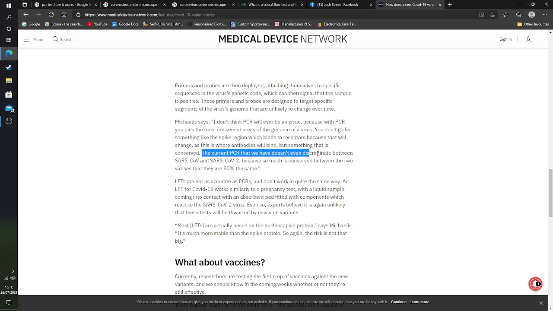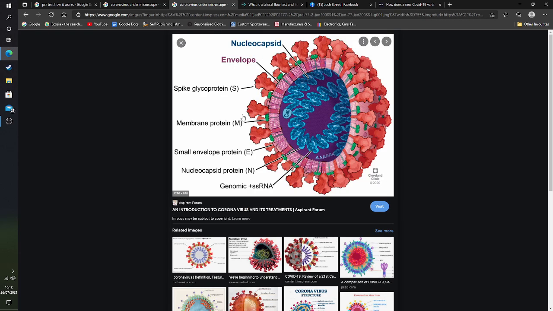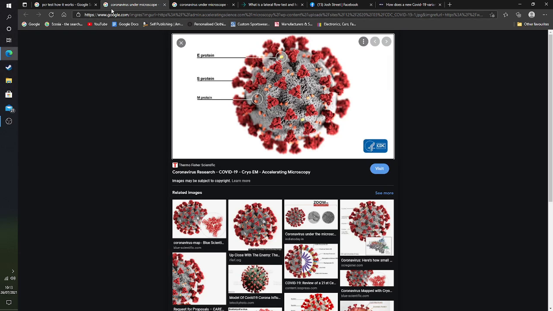if the PCR doesn't even discriminate between the two COVID variants, and very much likely doesn't distinguish between any more variants, any more mutations, then how do we know that the sample that they're looking for isn't found within the original coronavirus sample, the one that is not dangerous to humans, found everywhere in the world,